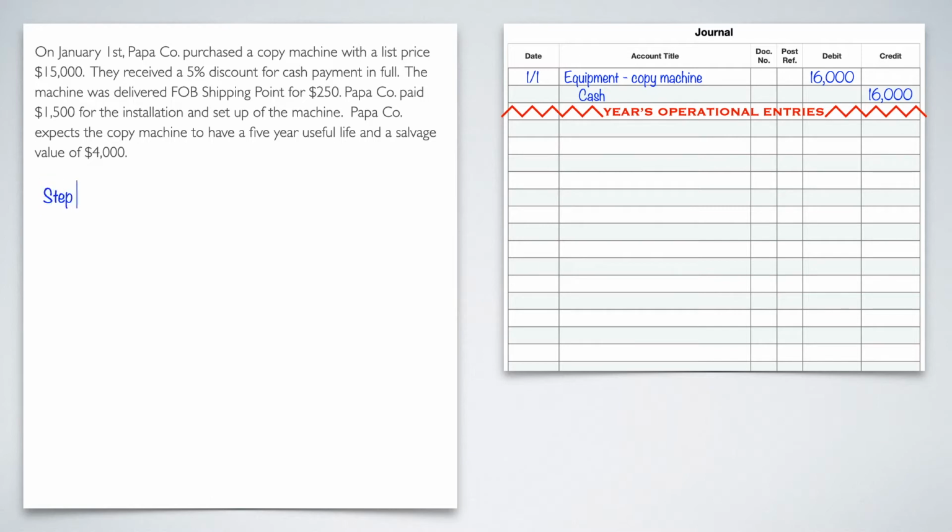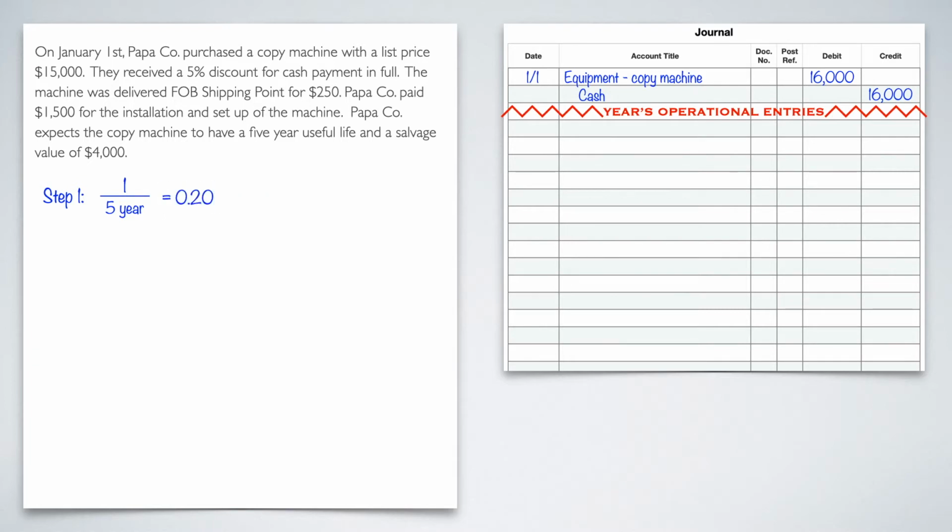Step 1 is we need to find the straight line rate. Straight line rate is 1 over the useful life. Now remember, this is double declining method. This is not straight line method times 2. We're not going to do TAC minus salvage value over useful life times 2. That's wrong. We're going to have to do it in these steps. So our useful life here is going to be 5 years. So 1 over 5, that's going to give us a straight line rate of 0.2.